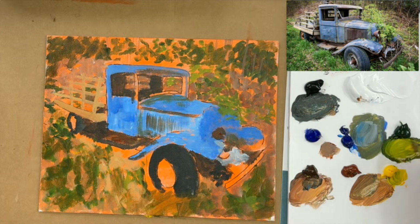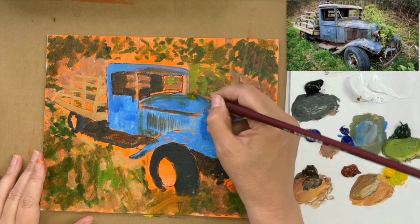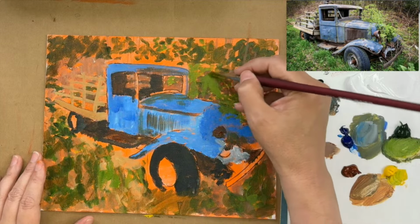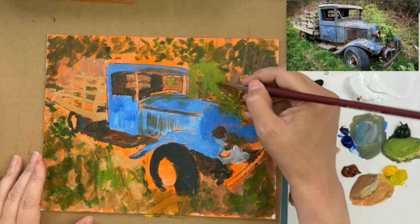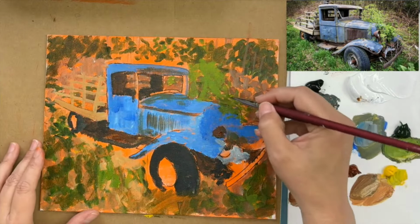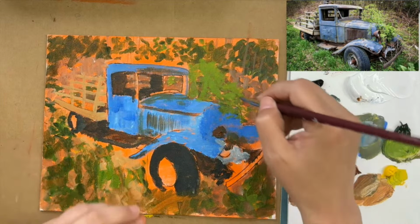And I'm going to start really paying attention to my pattern because it's super, super busy and blotchy right now. So I want to calm that down a little bit, and I don't want quite as much. It's almost like dots. I don't want quite as much of this painting to look just like dots. I want to actually have some nice flow to my paint. So I'm going to start using a little bit of a longer stroke through some of the painting areas. And I'm not going to blotch as much,